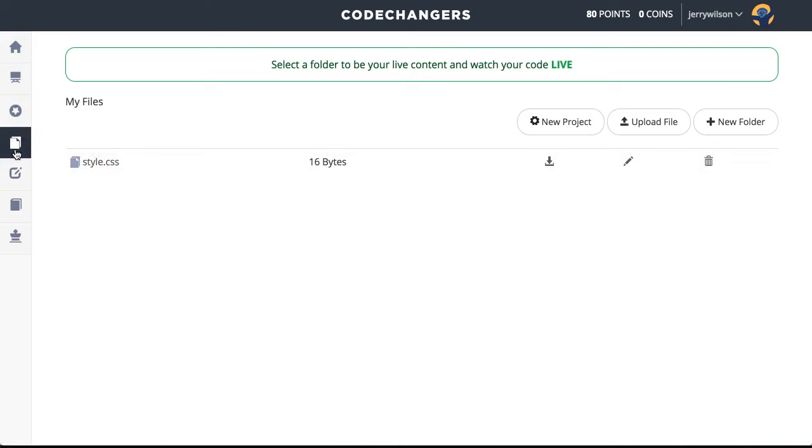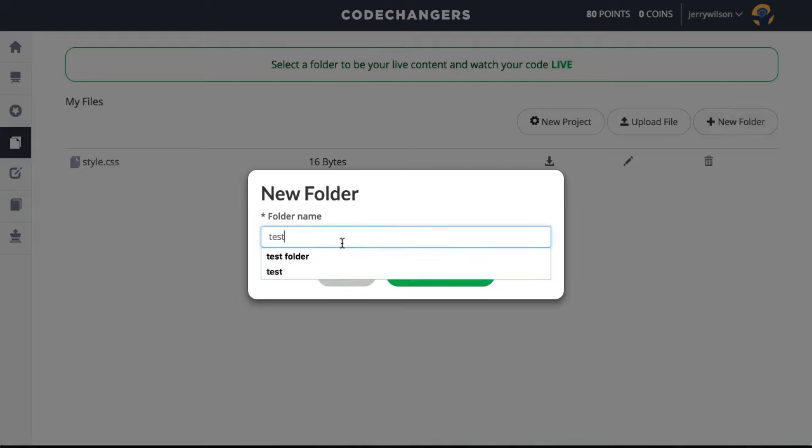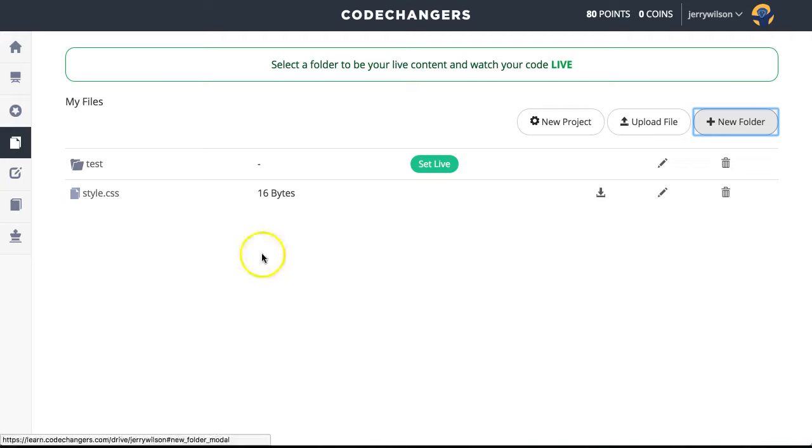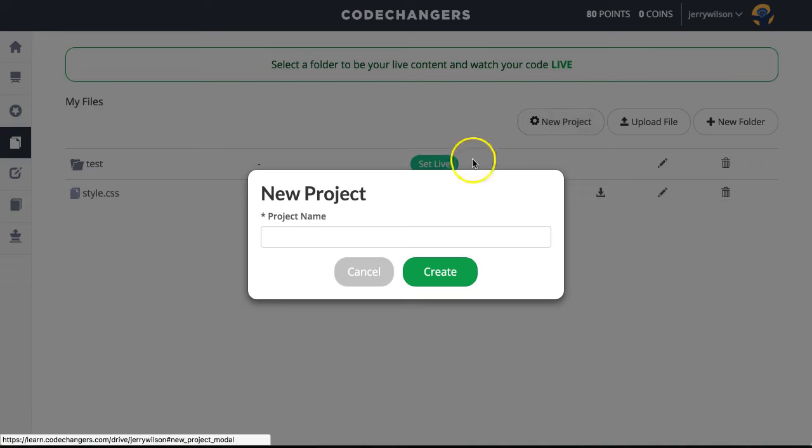So in the My Files tab is where you can view all of your files. You can actually create a new folder, and that folder is just a blank folder that you could save files in. You can also click New Project,